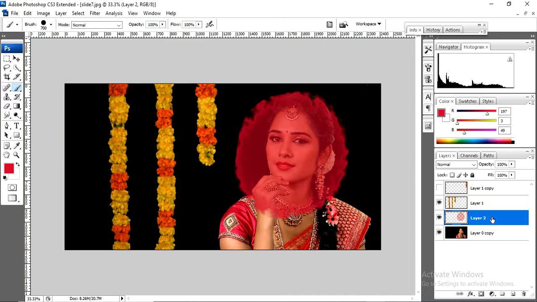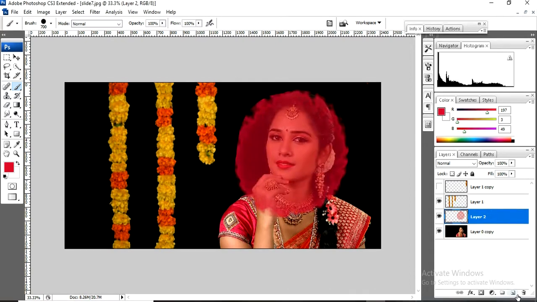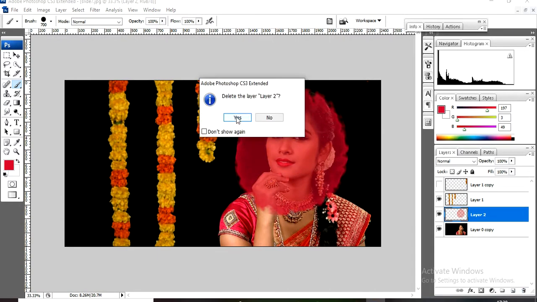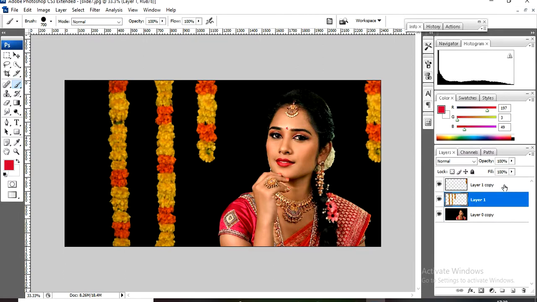Now see an example, I'm bringing this one down. See, this layer completely went back behind the original image. That's the reason we are not able to see it here. Now I'm bringing it up here. I'm just removing this. I think now you got it, what a layer is in Photoshop. I deleted this one. Now, as I told, we have two layers.